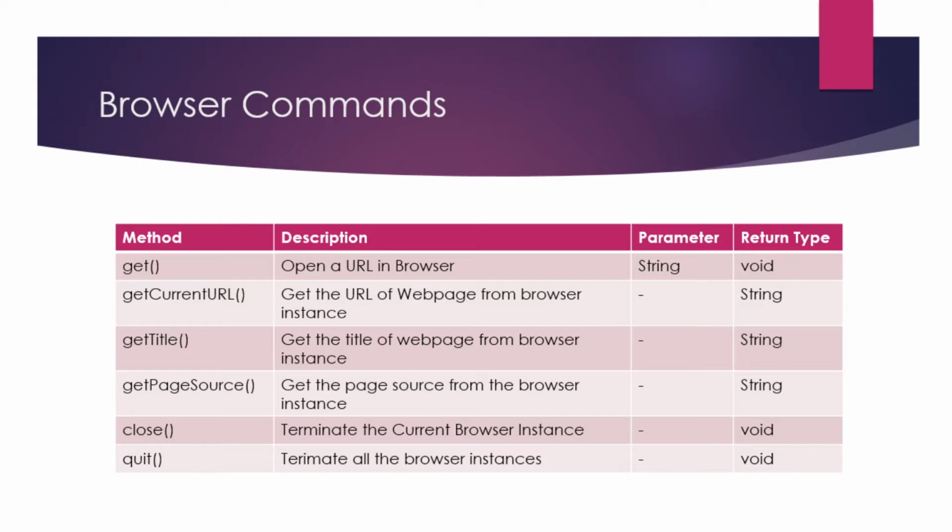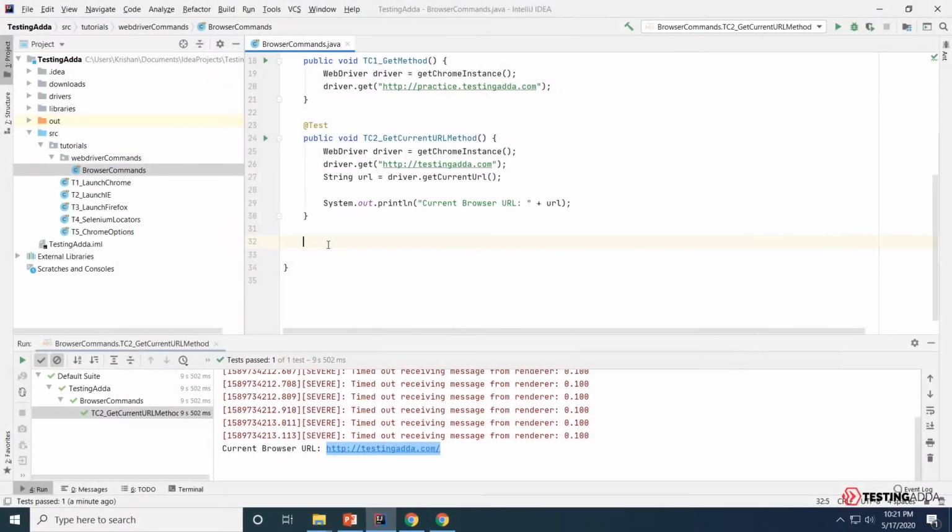The next one is get title. So as the name suggests, get title actually fetches the title from the browser instance. So whatever website is open, if you do get title method, it will fetch the title which is there on the web browser. Let's try this. Let's go back to IntelliJ and try this using,